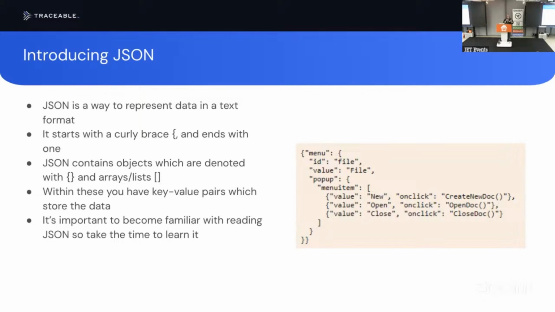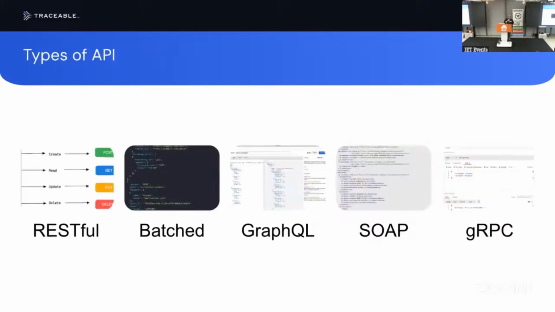Now, if you're not familiar with JSON, but you want to do API hacking, this is something you're going to have to learn, because JSON is basically what every API connects via. Most APIs are RESTful APIs. GraphQL uses JSON. You will see it everywhere, especially when you know what to look for. You're like, oh, that's a JWT token. That's JSON. That's base64 encoded JSON. It really is everywhere.